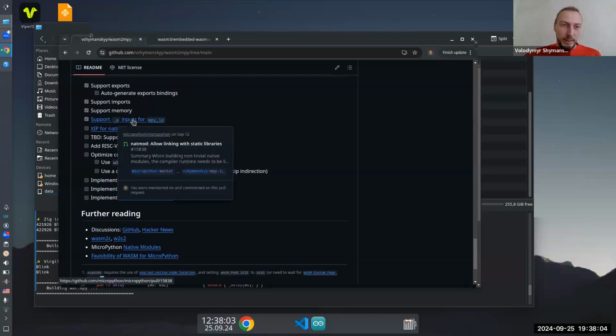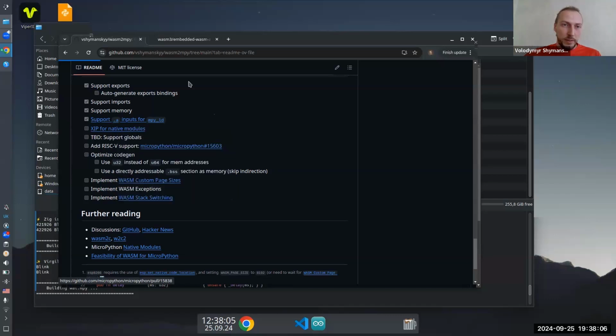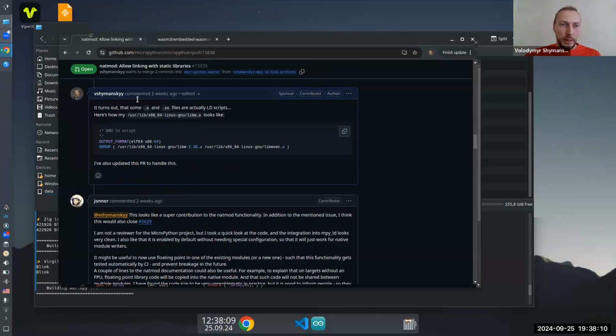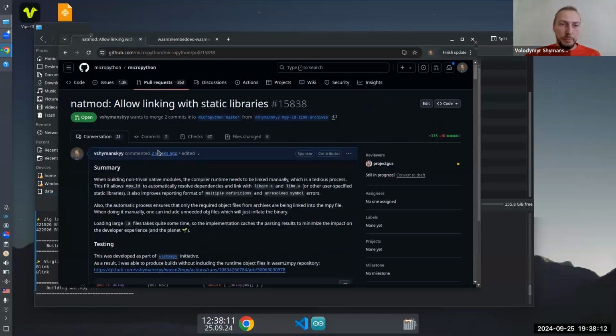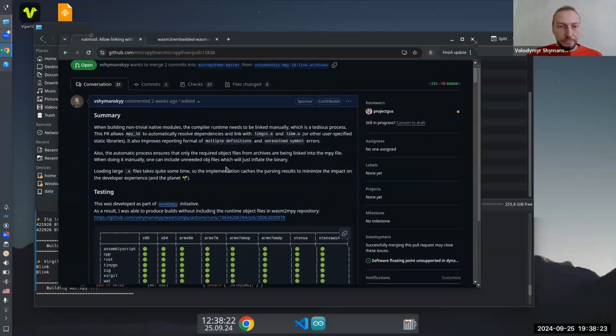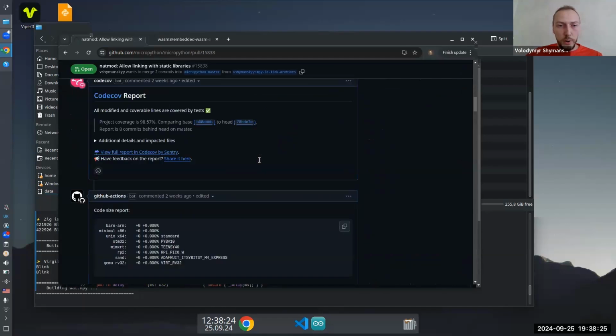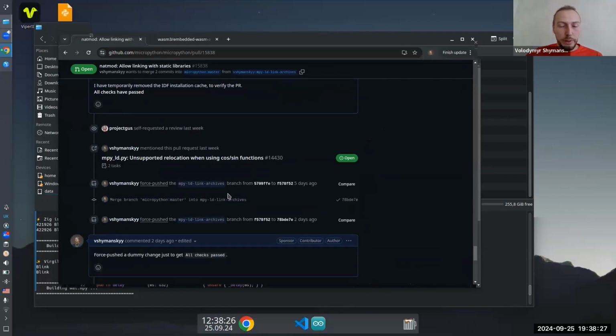So I basically ended up submitting a pull request which implements static library linking for the MicroPython linker. I hope this will get merged soon.